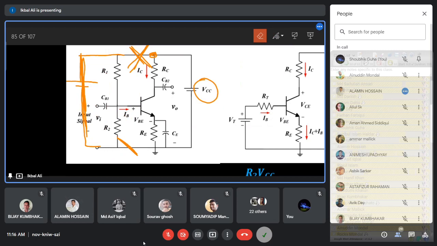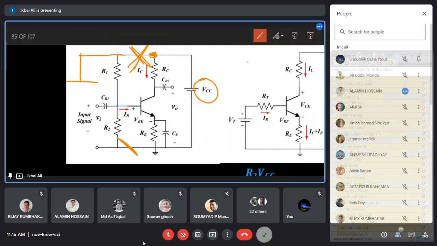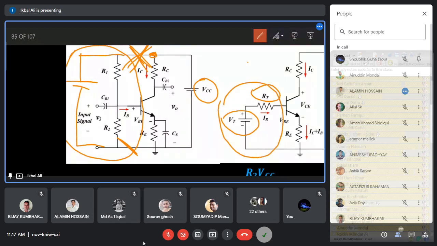তাহলে ভালো করে দেখো, তোমার এই যে পোর্শনটুকু, এই পোর্শনটুকু থেভেনাইজ হয়ে গেল, ইকুইভ্যালেন্ট হয়ে গেল, সিম্পলিফাই হয়ে গেল। আমি এটা ডিসকানেক্ট করেছি শুধু তোমাদের বোঝানোর জন্য, ঠিক আছে? তাহলে ওইটুকু পোর্শন আমরা রিডিউসড ভার্সন রাখতে পারি। কমপ্লিকেটেড সার্কিটটা ইকুইভ্যালেন্ট সিম্পল হয়ে গেল, একটা ব্যাটারি আছে, তার সঙ্গে সিরিজে রেজিস্ট্যান্স আছে। সার্কিটটা অনেকটা সিম্পল হয়ে গেল। এটা হচ্ছে ইকুইভ্যালেন্ট সার্কিট অফ দ্য সেলফ বায়াস সার্কিট। এবারে তোমার অ্যানালিসিস করতে সুবিধা হবে, কেননা এখন দেখো দুটো লুপ আছে।